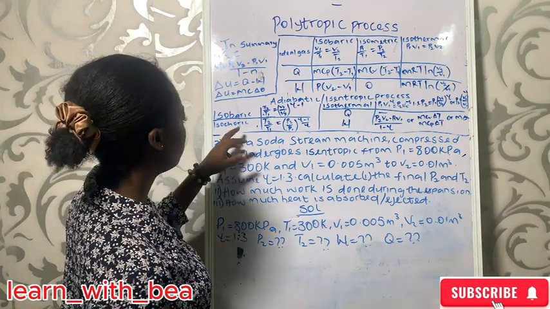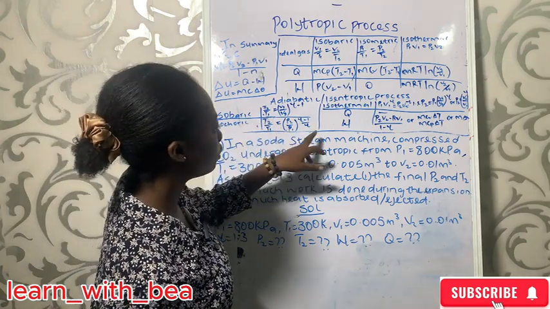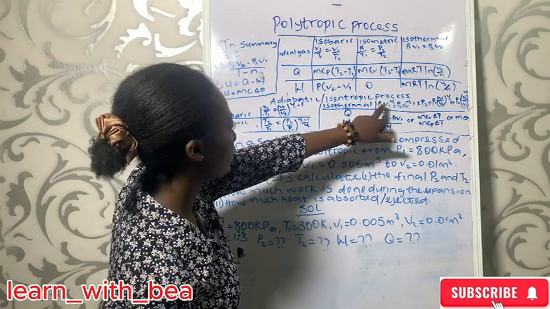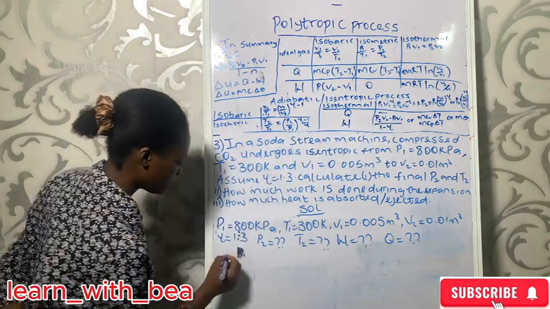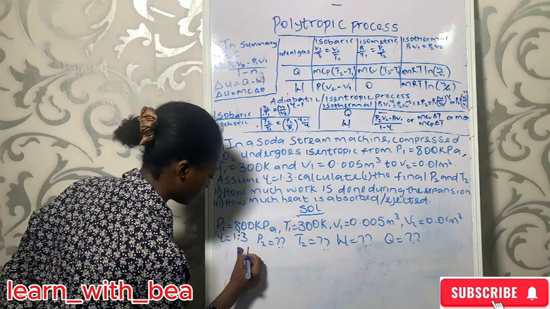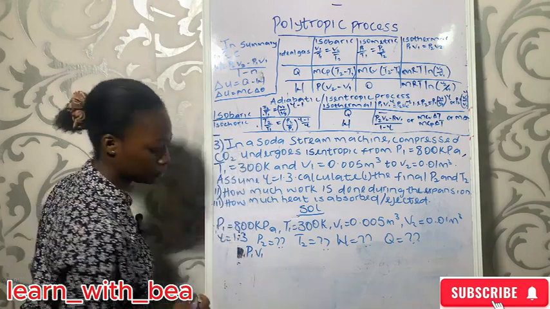Okay, so this is it. So the formula we are going to use to calculate our P2 now is P1 V1